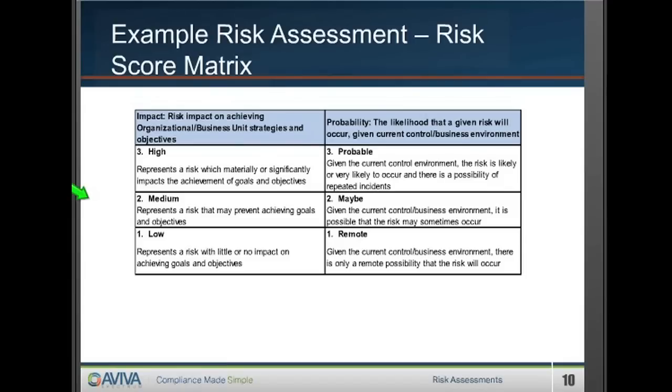And most importantly, as Sonia had mentioned before, it doesn't really matter what risk scale you use, whether it's 1 to 5, 1 to 3, 1 to 4, 1 to 10. What is important is how you arrived at that. If somebody's asking you how you determined that this particular function is high risk, medium risk, or low risk, you need to have defined what those mean and how you arrived at that conclusion,